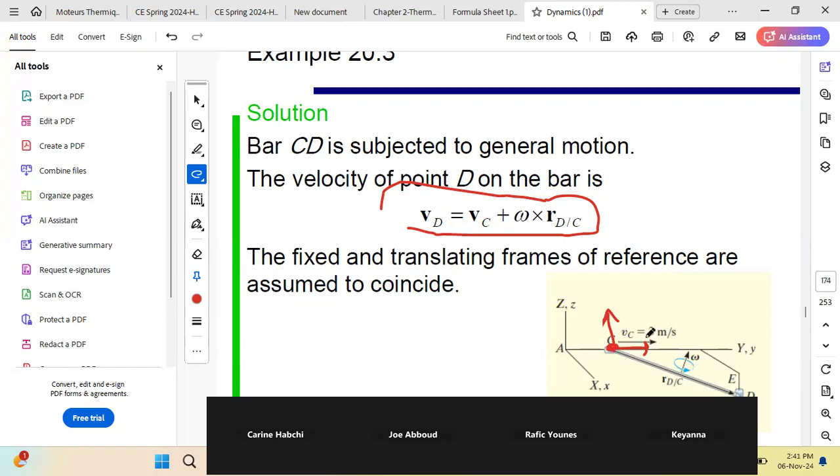Okay, and when we do this, we can say that we divided the motion into a translation plus rotation. Translation effect is considered through the translating frame attached to C, and the rotating effect is by considering, relative to this frame, the rotation of point D relative to C. Okay, and we know that omega total,